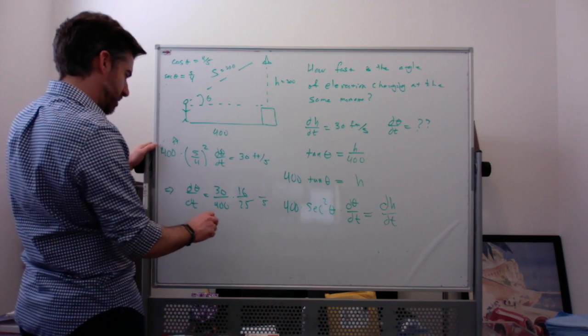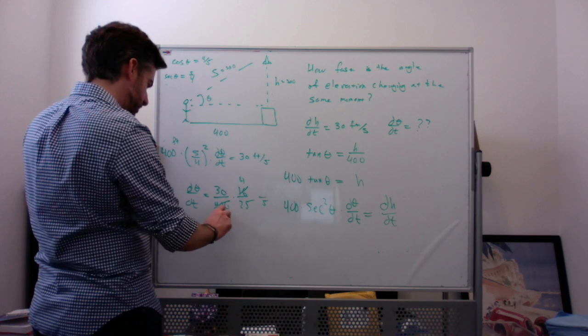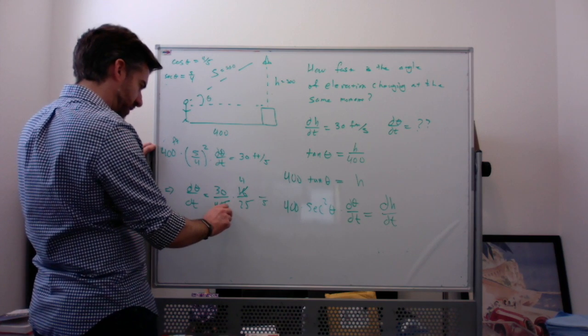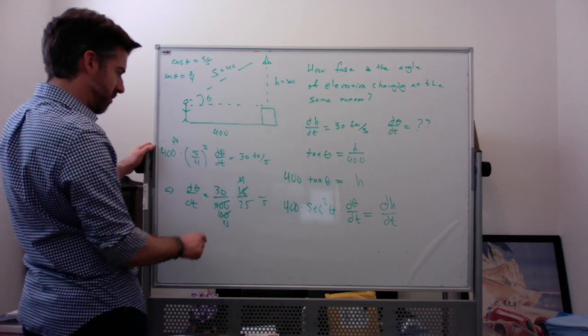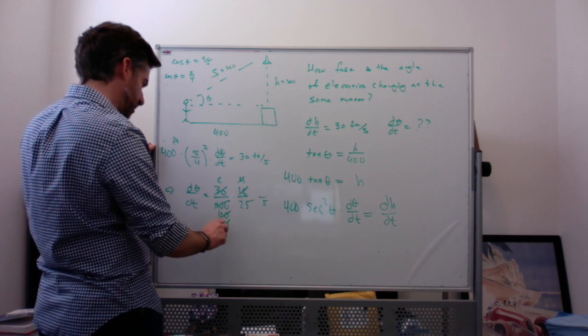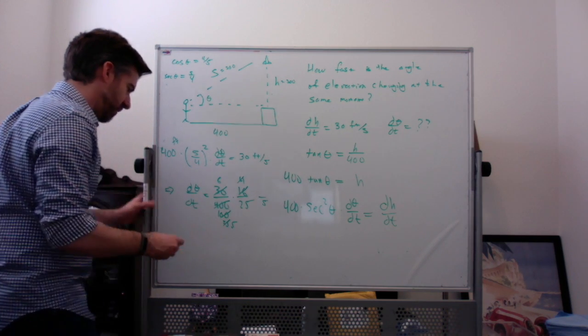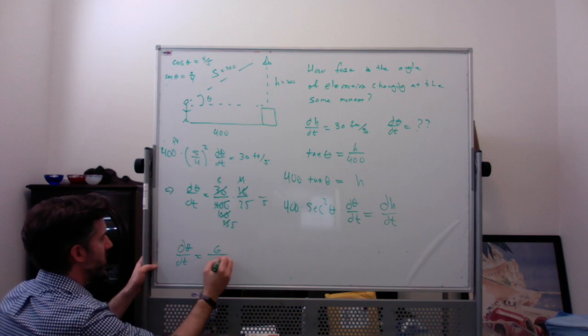So let's cancel some stuff. 16 has a factor of 4, and 100 also has a factor of 4. So that's 25, that cancels. So I've got 30 over 25 squared. But I can cancel another 5, so that's going to be 6 and that's going to be 5. So d theta dt is 6 over 125